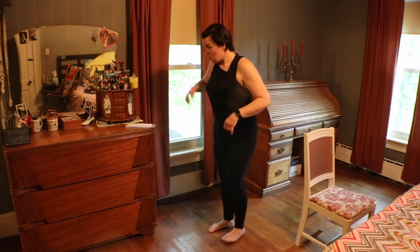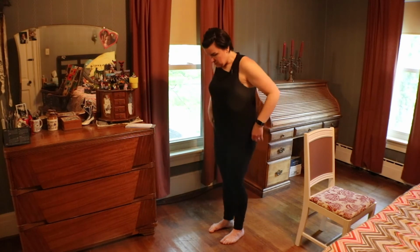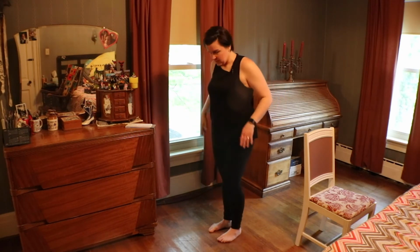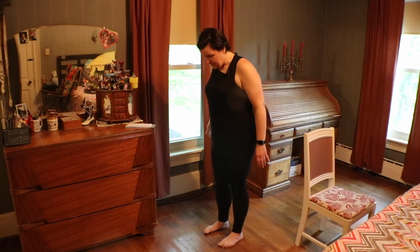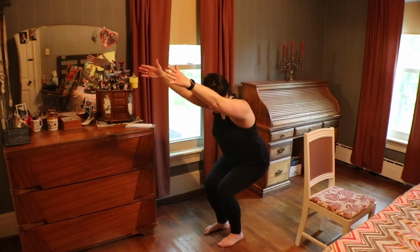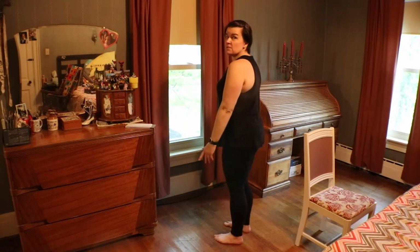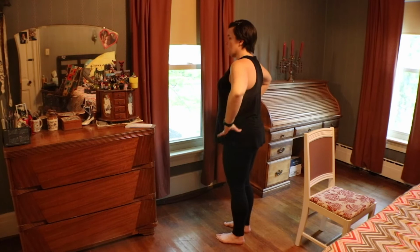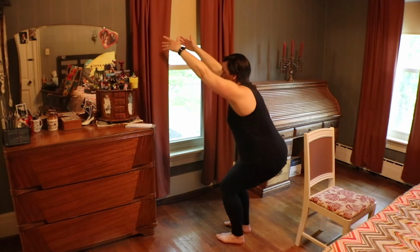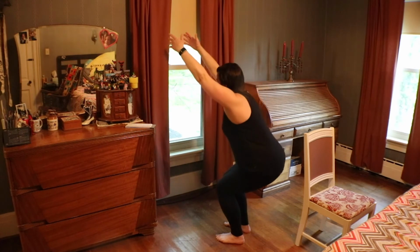We're going to do one more little thing to get ourselves started because we're going to do some chair sits later, appropriately since we have a chair. We're just going to go ahead and come on down, making sure we can see those big toes just past our knees and coming back up. Kind of turn this way so you can see. It's a nice flat back. We hinge at the hips as we come down, sending the tush back